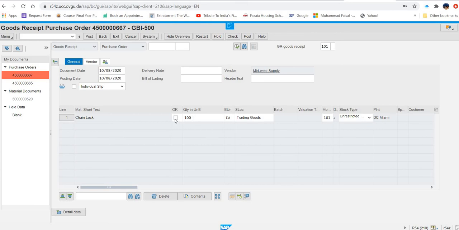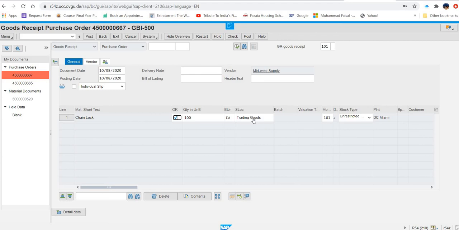If you are not able to click on this OK, then you have to close that line item section here. But it is available, so we will click on OK. And storage location we have to enter TG00. It's already there. Trading goods. Okay. If not, then you have to enter it.